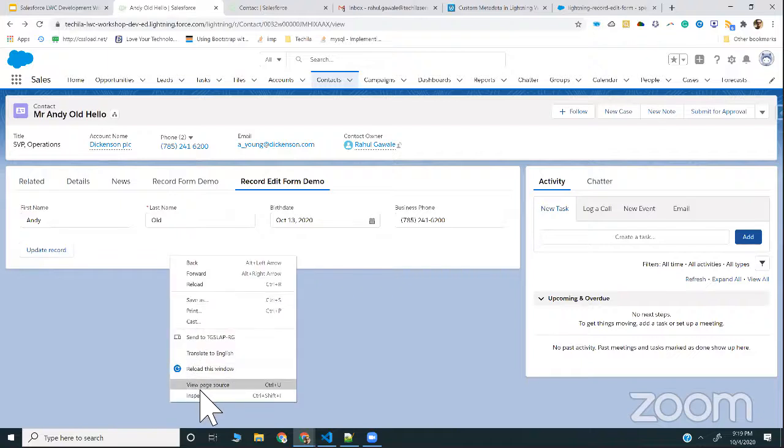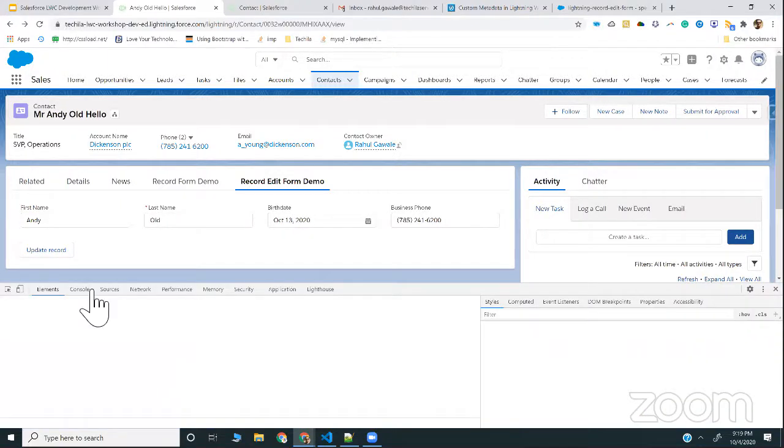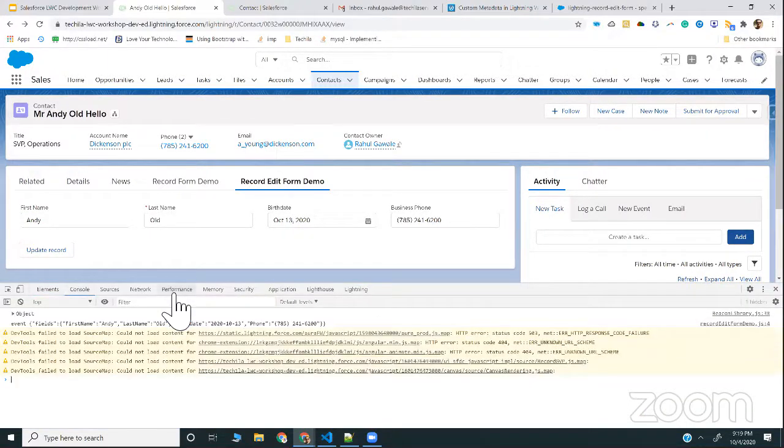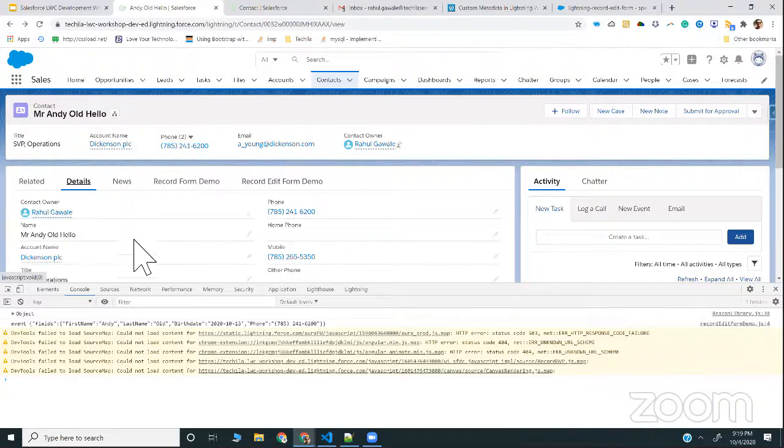Save this. I'm not sure why the lightning messages are not being displayed. So if you refresh this, if you have noticed,